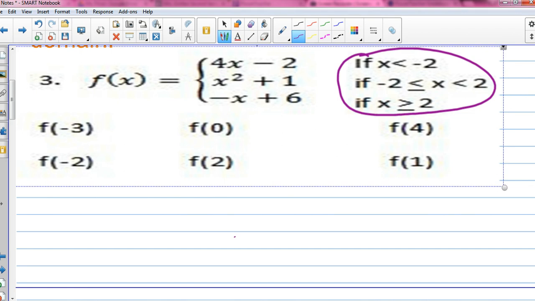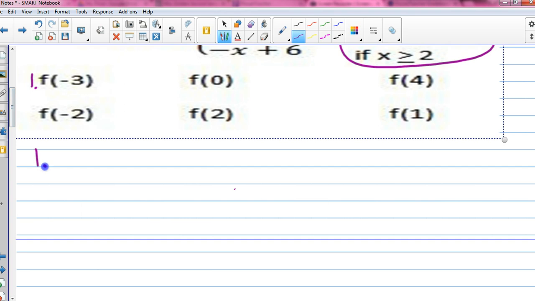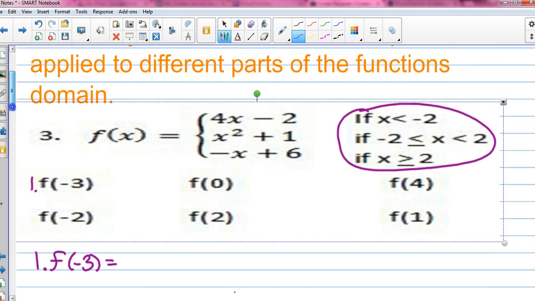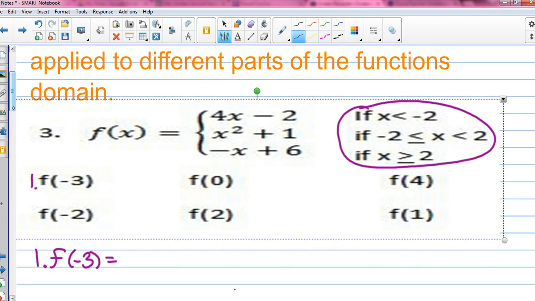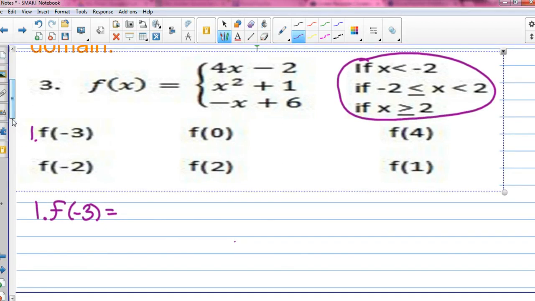So I'm going to start with this one, and I'm going to call it number 1. So on number 1, I have f of negative 3. How do you figure out which function to plug it into? Well, I do that by looking at my constraints. Is negative 3 smaller than negative 2? The answer is yes. So for number 1, I must use the first one because negative 3 is less